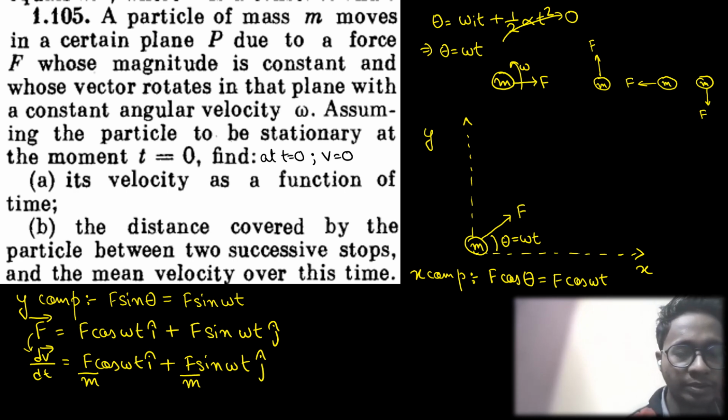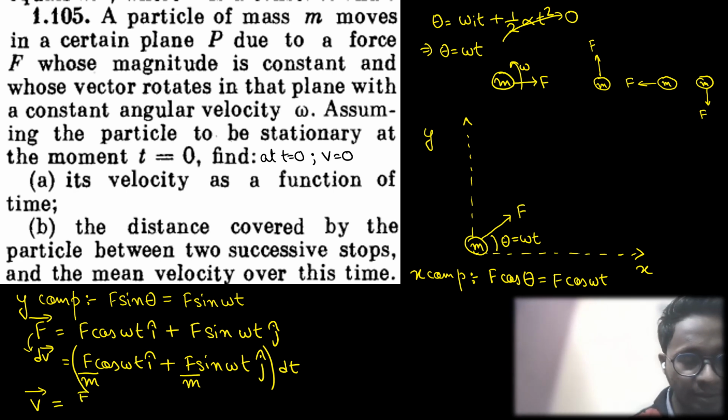So in this equation, can I send the dt to the right hand side? Of course I can. So dv is equal to this value times dt. Now can I integrate this with dt and this with dt? Of course I can. So v vector is equal to